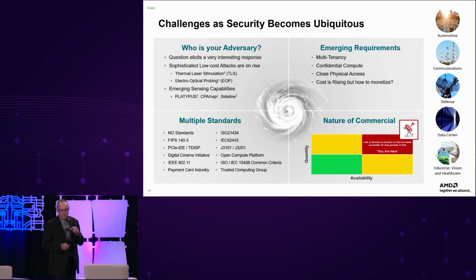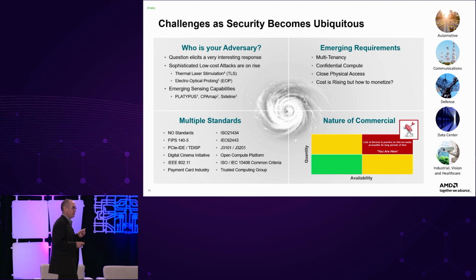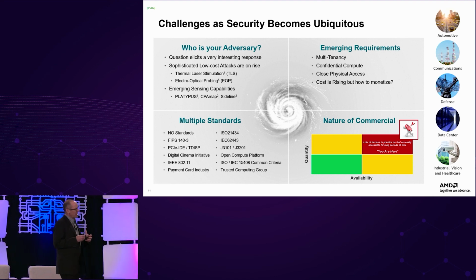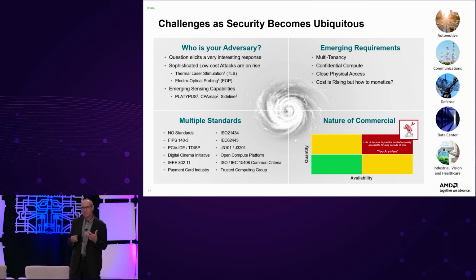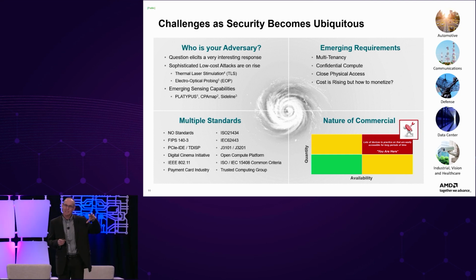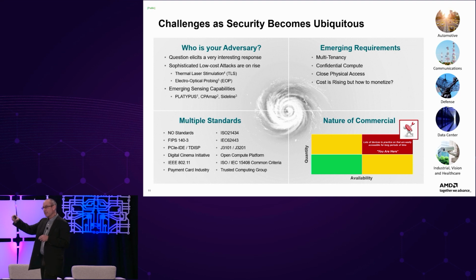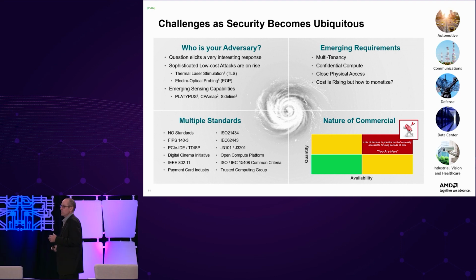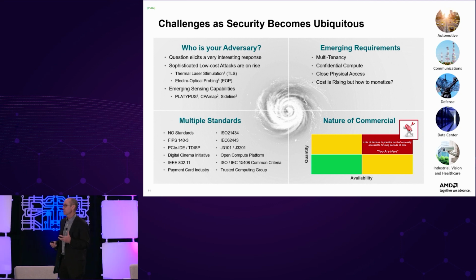The other one is that these emerging sensing capabilities, and I give you 3 different references here. In this case, you could combine all of these attacks into a certain attack vector where what an adversary is doing is they're using circuits inside of the integrated circuit to detect and sense what other circuits inside of that same integrated circuit are doing. And that's really important when we start to think about some of the emerging requirements and architectures like multi-tenancy. So that's a great segue into the next quadrant.